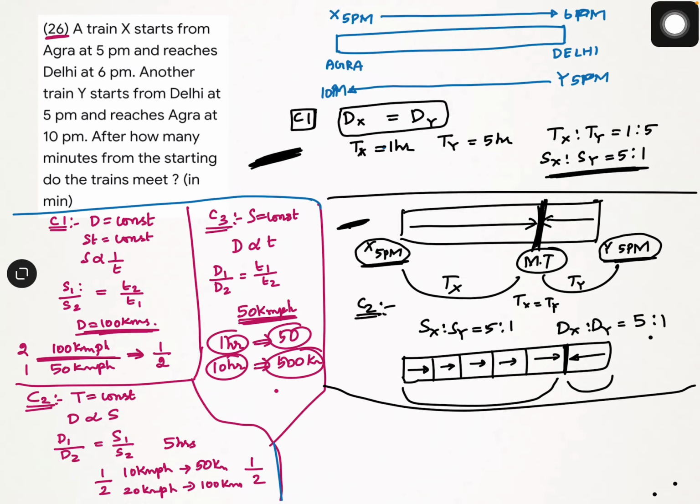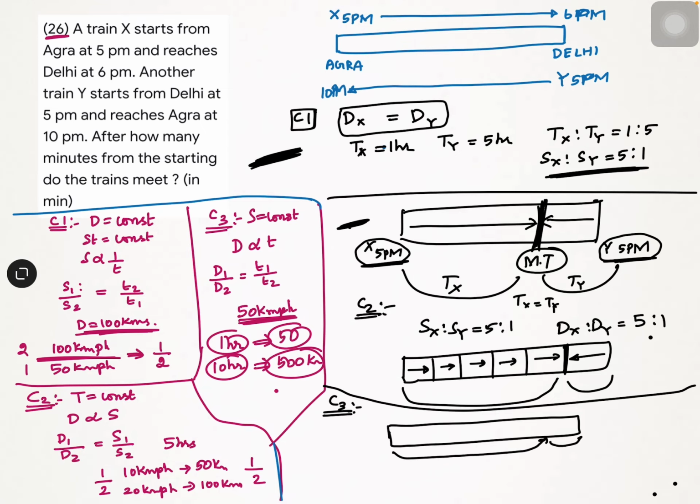Now let's go to concept number 3. How do I get to know what time this particular meeting has happened? So right now I'm going to focus only on train x. So I'm only focusing on train x. The train x is going at some speed, whatever speed. So the train x is traveling from here, the meeting point happens, and it continues to travel